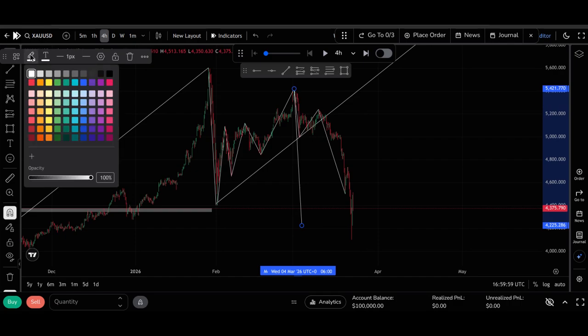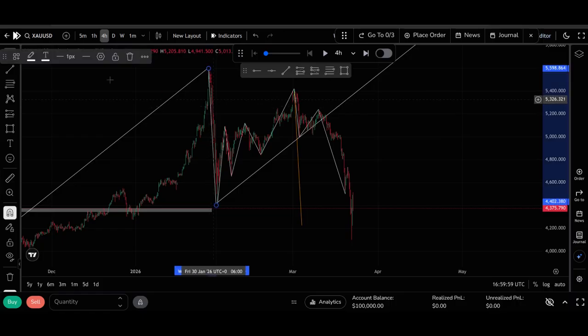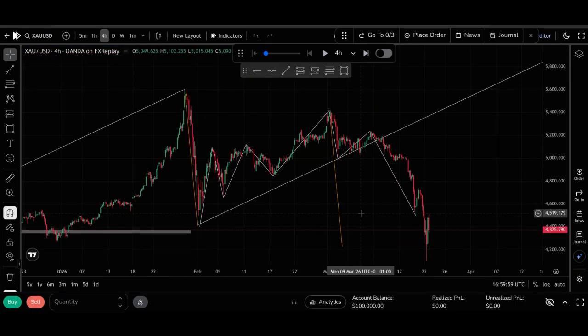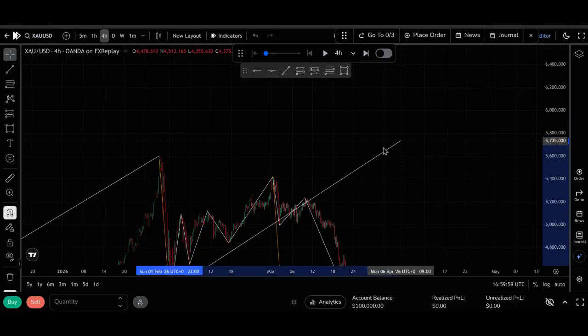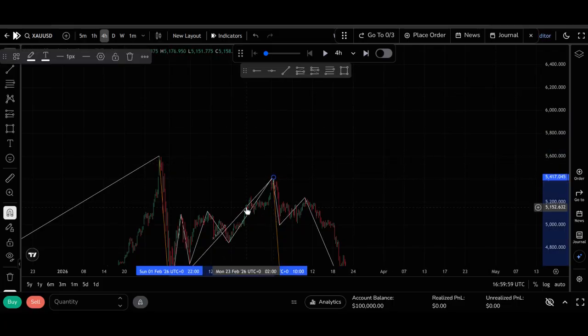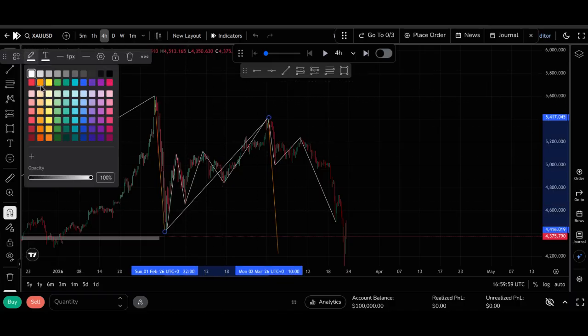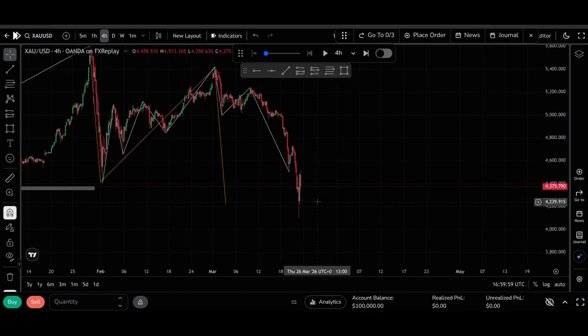Let me make it a different color so that you guys know. This is the daily sell from here. Let me make this a different color as well. Should have made it a different color from the beginning. Yeah, so this is the daily sell, right? And you could have set a Fibonacci here, and we see that this buy did not even get up there. It only got to about 60% of the previous buy pressure. So if you would then go on the lower time frames again to see where the price is going to flip,